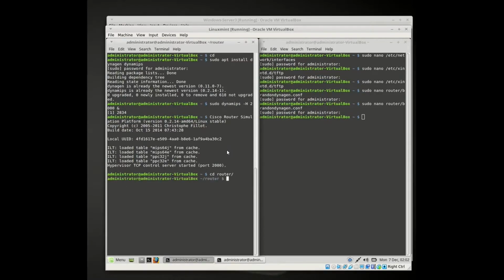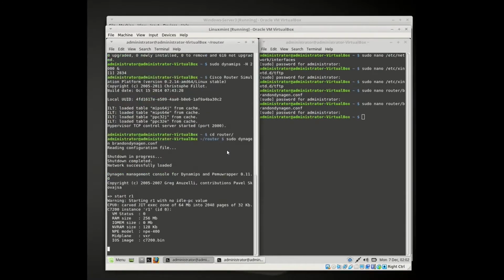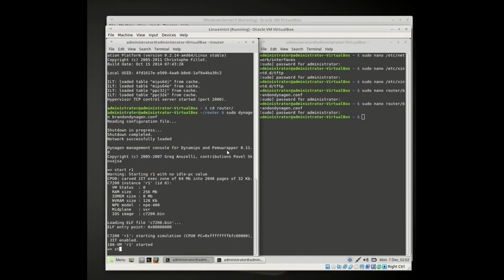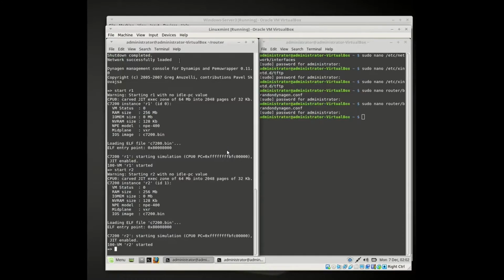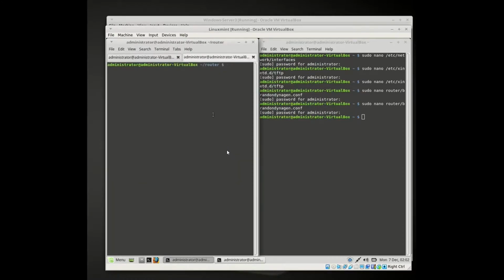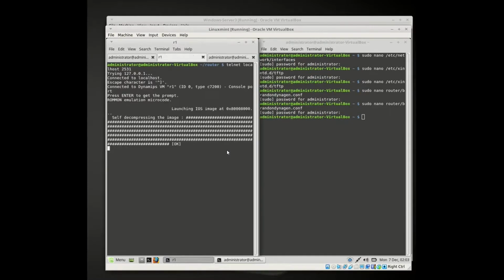First we should go to the directory that we have the file under and run dynagen with the .conf file, and then we say start R1 and then start R2. And after those two services have been started, we'll telnet into R1 and R2 using the ports that we set up earlier. Telnet localhost 2531